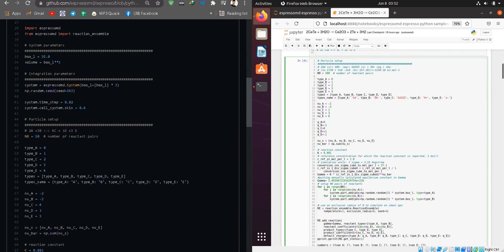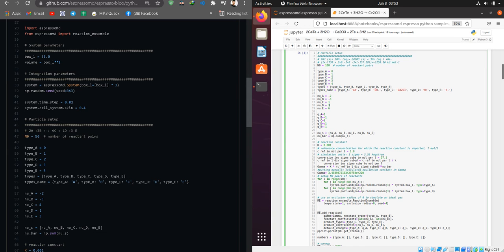And then we will have to add charges to them: type A species carry 0 charge, type B species carry -1 charge, type C 0, and type D, here it is the H plus ion, which carries +1 charge. We will treat the electron as a species as well, and hence we will use -1.